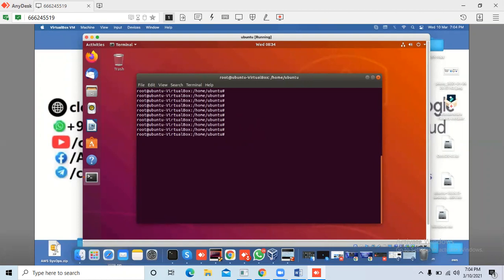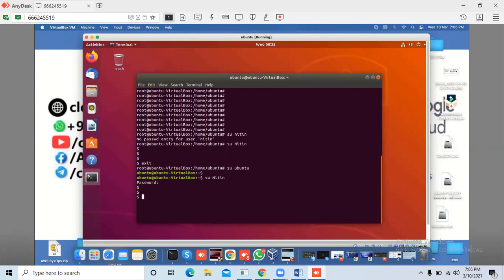Let's log in with the normal user. su Nitin. No password entry for Nitin. Sorry, my username is capital N. I am able to log in with the root. Exit again and switch to the normal user ubuntu, and su Nitin with the password 1234. I am able to log in because I unlocked the password.